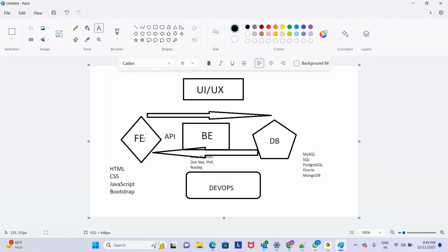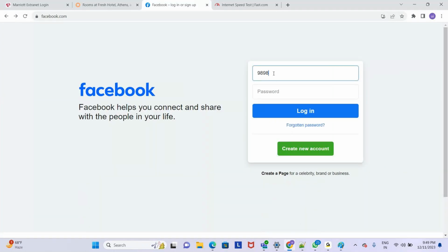Just connect the two. Okay, yes, you are right. So let us say it's the same example I'm giving here. So what it is going to take,